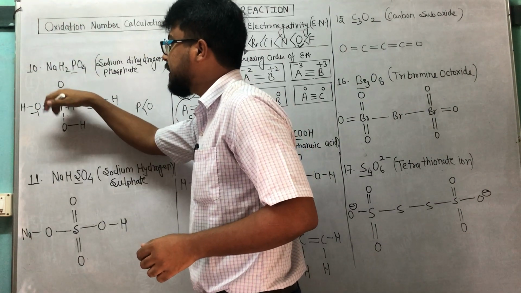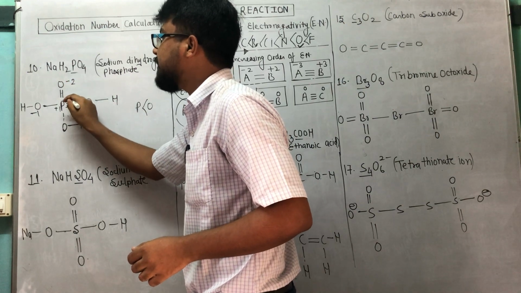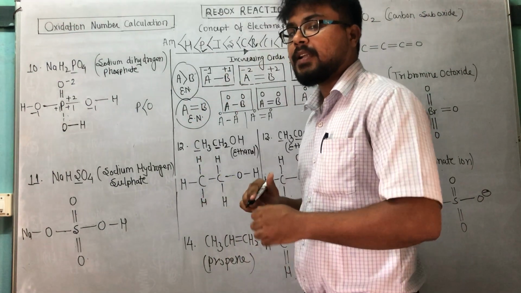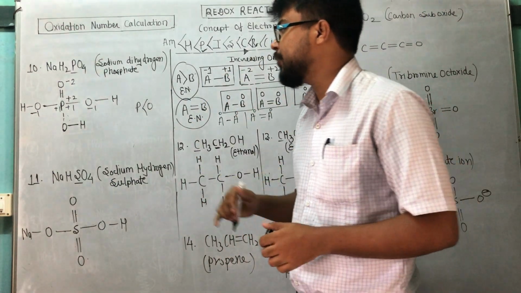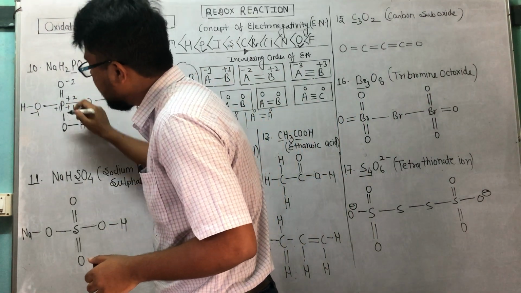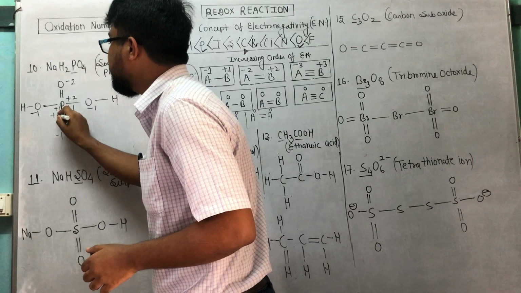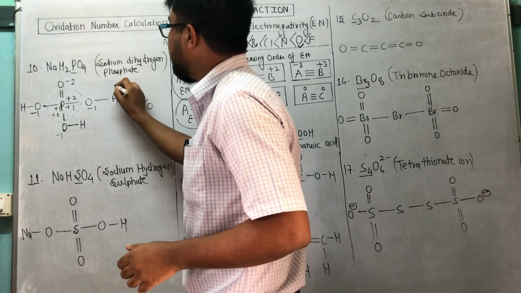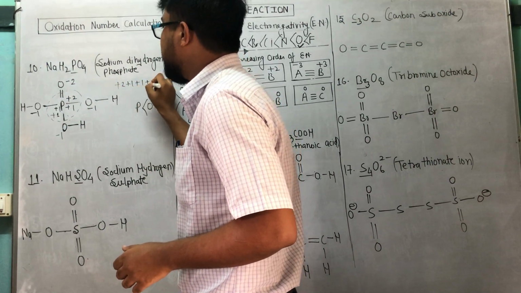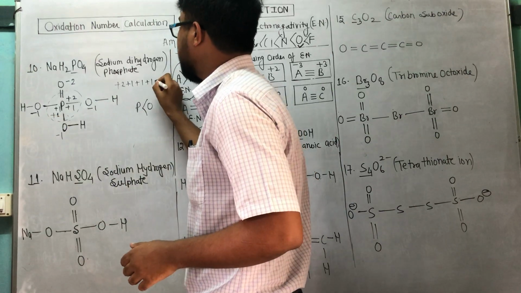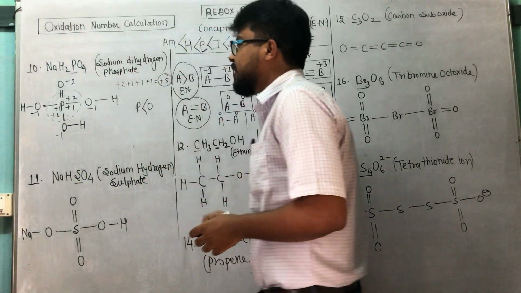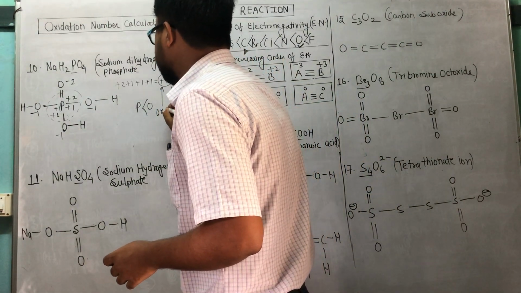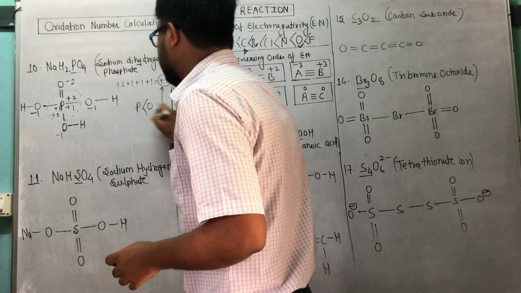For this bond, it is a double bond, so here -2 and +2. Why -2 and +2? Because each covalent bond carries 1 unit of charge. If there is a double bond, then there will be 2 units of charge, correct? And for the next bond, it will be -1 and +1. Now take the sum of these. The answer will be +2 +1 +1 +1. The answer is +5. Here the oxidation number of phosphorus is how much? It will be +5. So this is the oxidation number of phosphorus, correct?